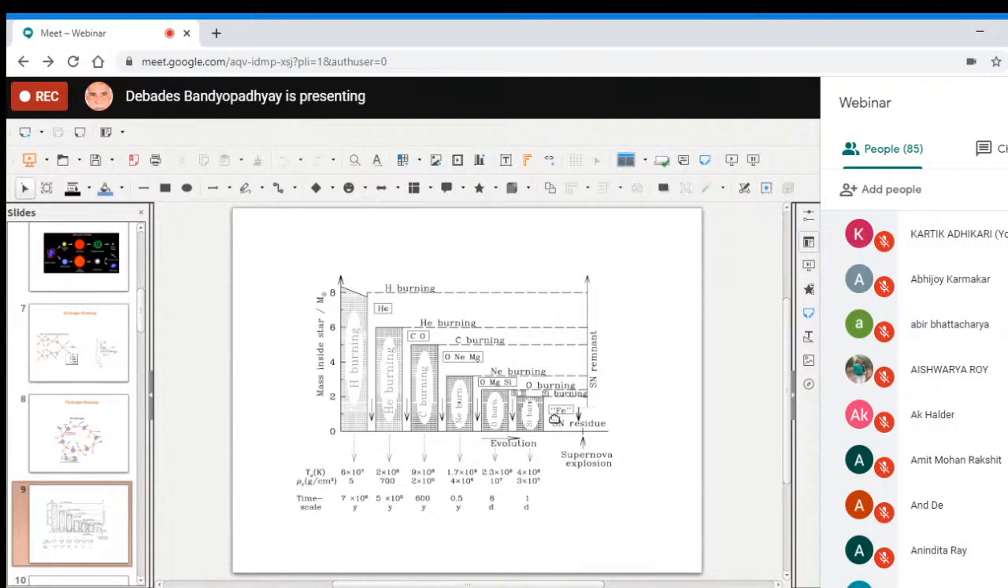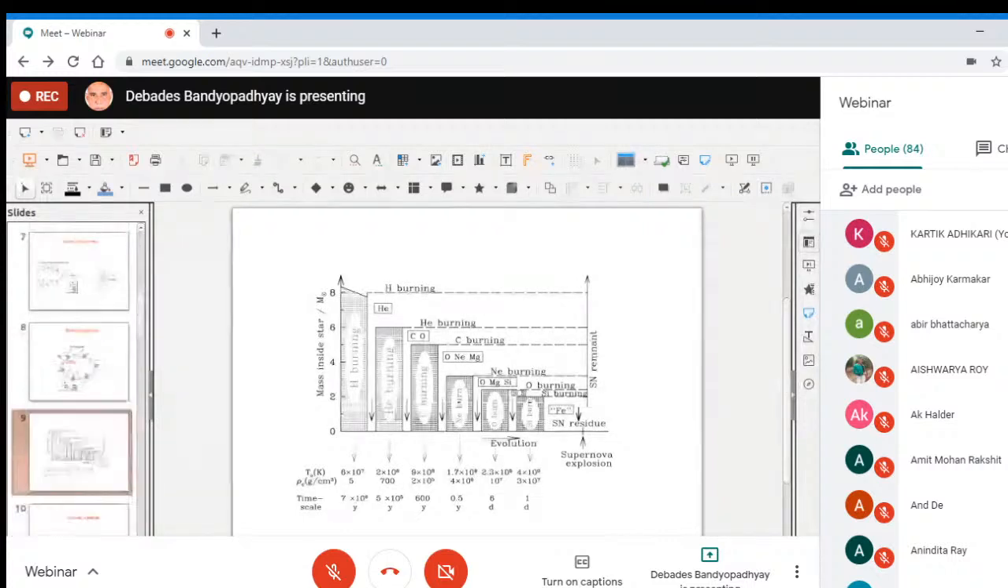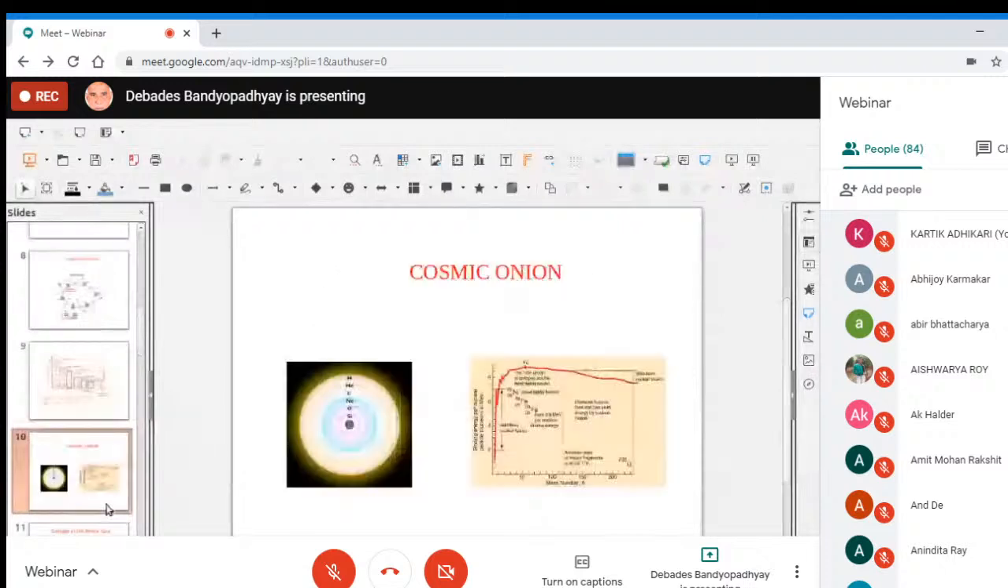But after the formation of iron, there will be no production of energy, because we cannot use two iron nuclei and produce energy. Rather, we have to supply energy to produce two iron nuclei. So this can be seen from this plot actually. On the left side,